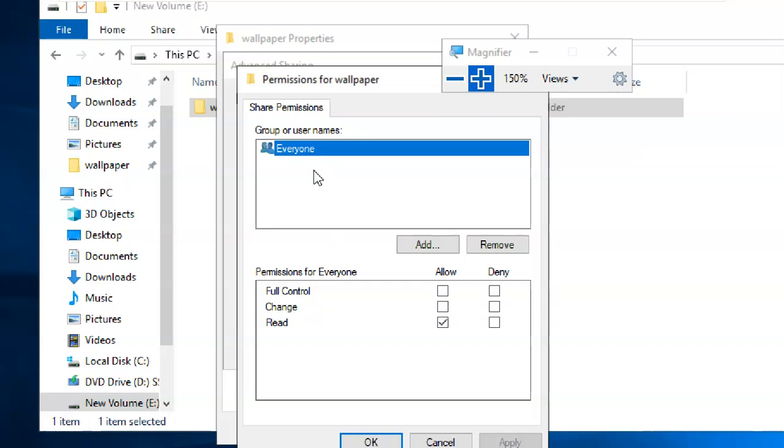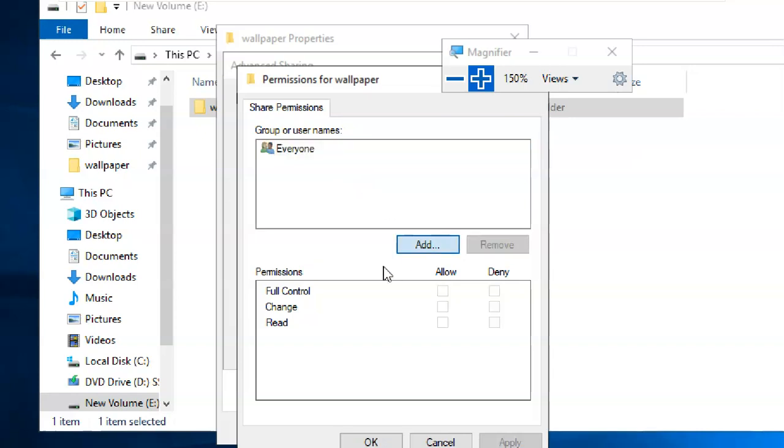Okay, everyone means everyone. If you don't want everyone, everyone is without any particular group of users or particular people. So if you want a particular user or a particular group of users, and you want to share like that, you can use other options also.